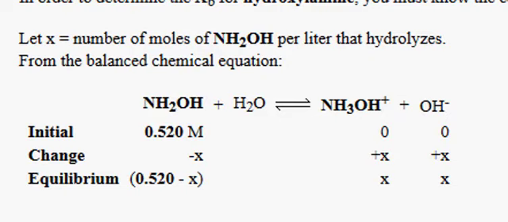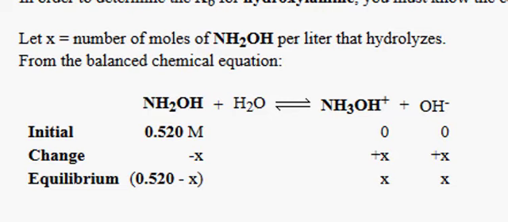The initial concentration is 0.520, and the change is minus x on the left side of the equation and plus x on the right side. At equilibrium, we have symbolically 0.520 minus x and x on the right side of the equation. Now it might seem like we have 2 unknowns, the x and the Kb, which is what we're asked to